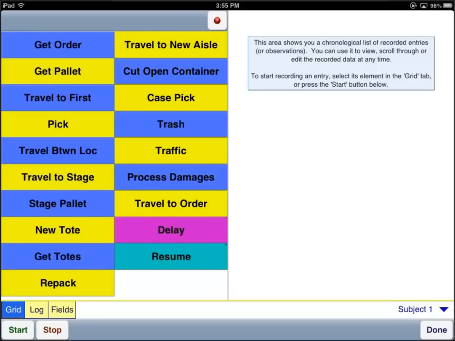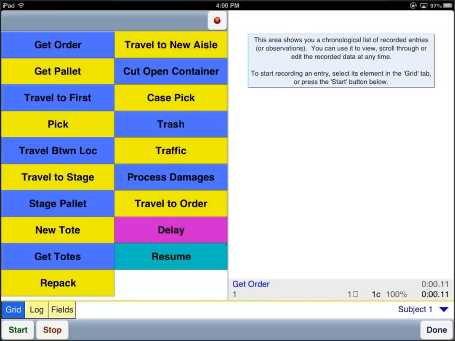For today though, we're going to start the study, and you would always start your study by going up to the top and clicking on the activity that you're observing. So that will be get order in this case, and when we do that, you'll see the timer running in the bottom right corner showing the elapsed time, as well as you'll see which activity you're currently timing. So this is set as a continuous observation study, so when we click the next activity,